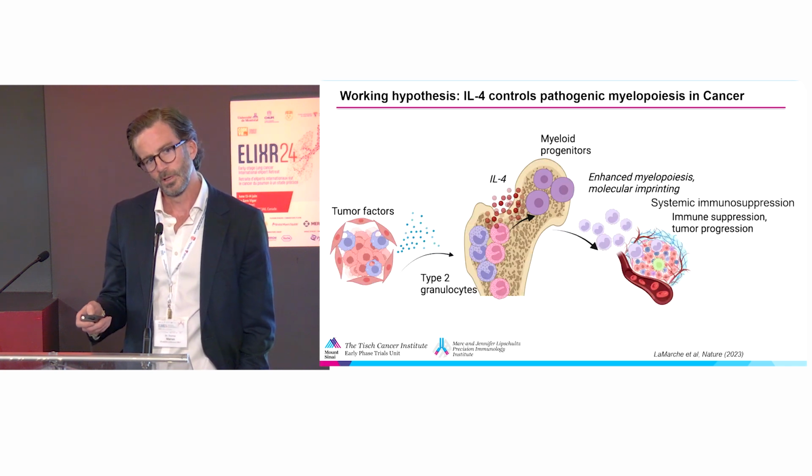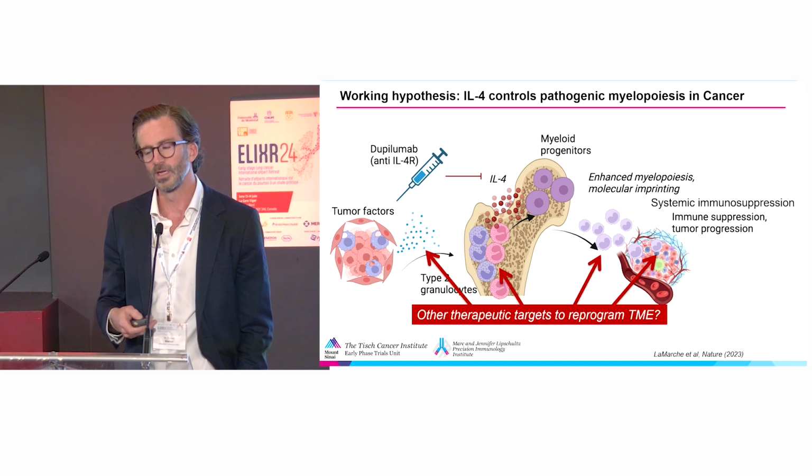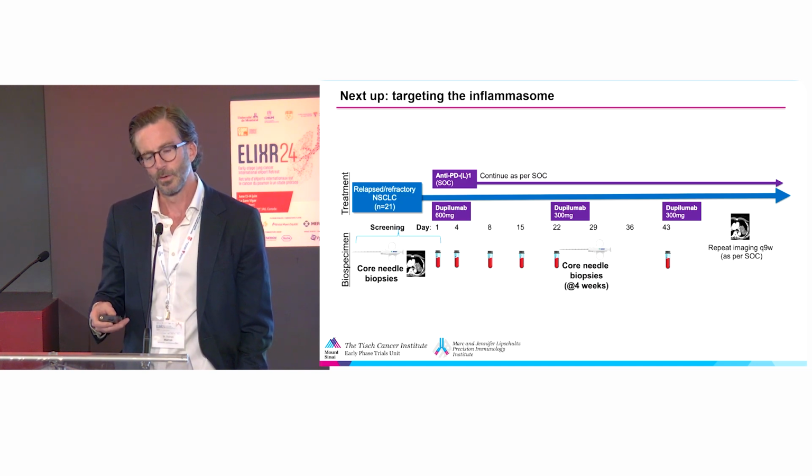And so just sort of in summary, we have this factor coming from the tumors that's polarizing the bone marrow. We think that we can disrupt this using dupilumab. However, we're also identifying a variety of other cytokines that are upregulated and very important in this sort of, like I said, a downward spiral that's really allowing the tumor to grow. I'd say one thing